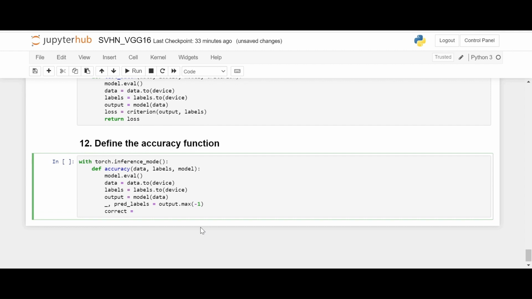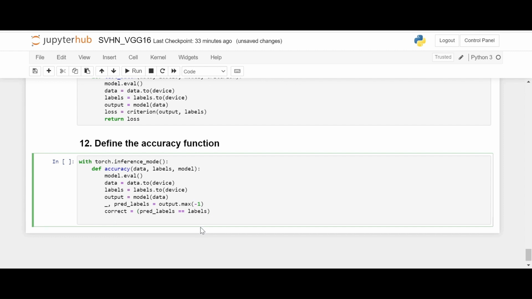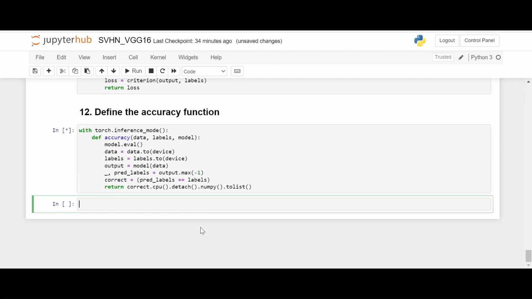Correct labels and return correct.cpu().detach().numpy(), converting tensor to numpy array and then further converting it to a list. Okay,